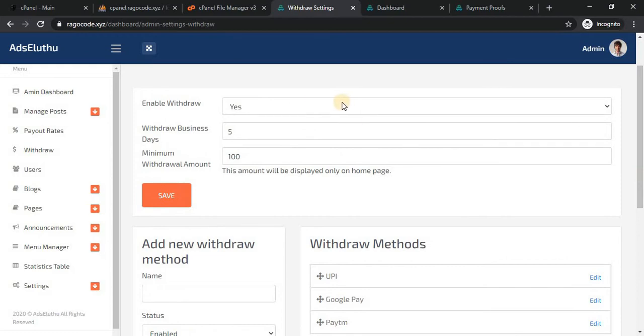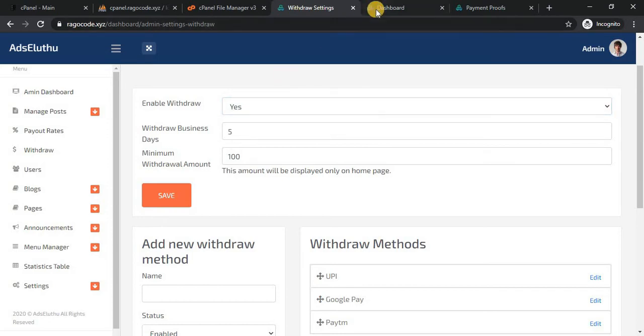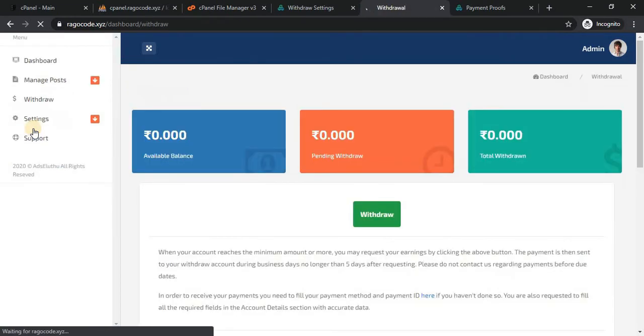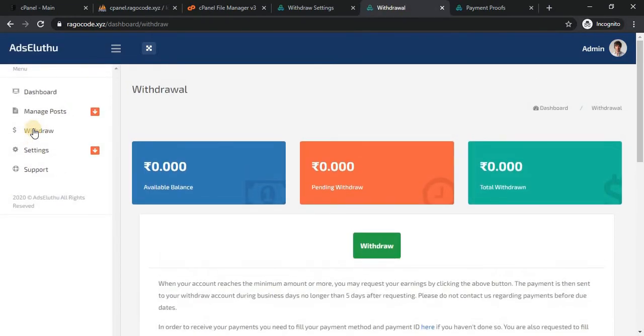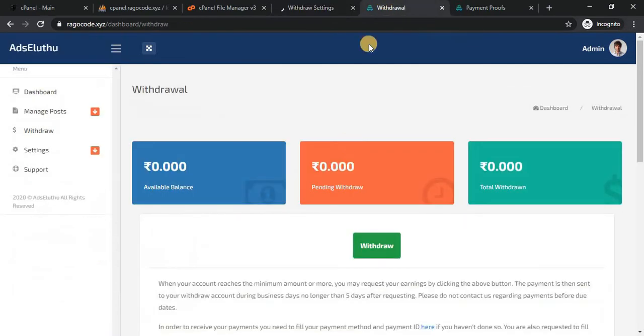If you want to enable withdrawal, it's just yes or no. It determines whether the user can request a withdrawal or not. In case I select no and save it, the withdrawal request button is not displayed here.